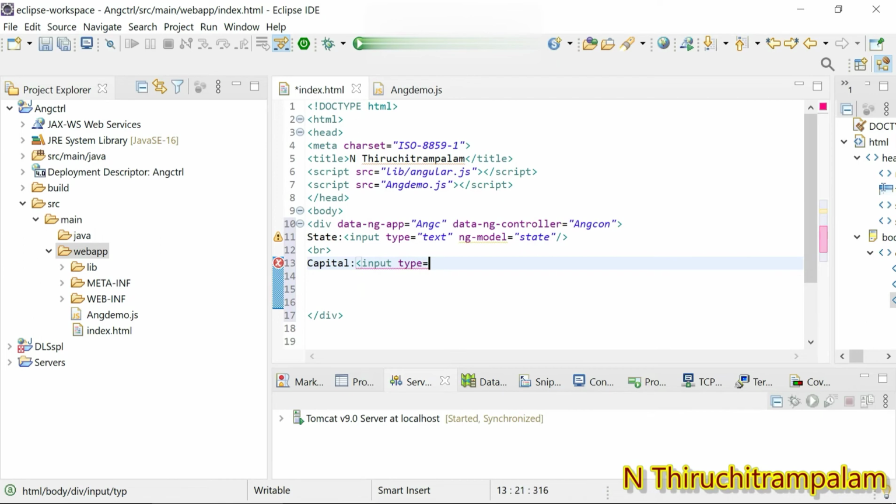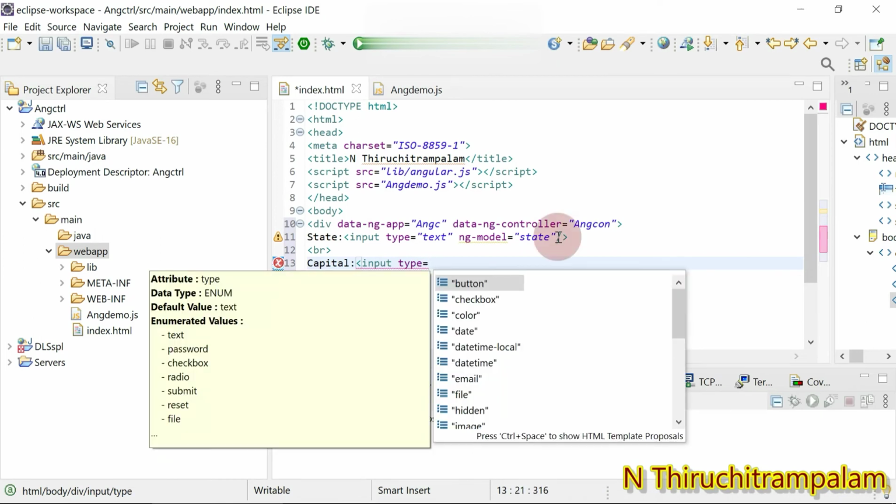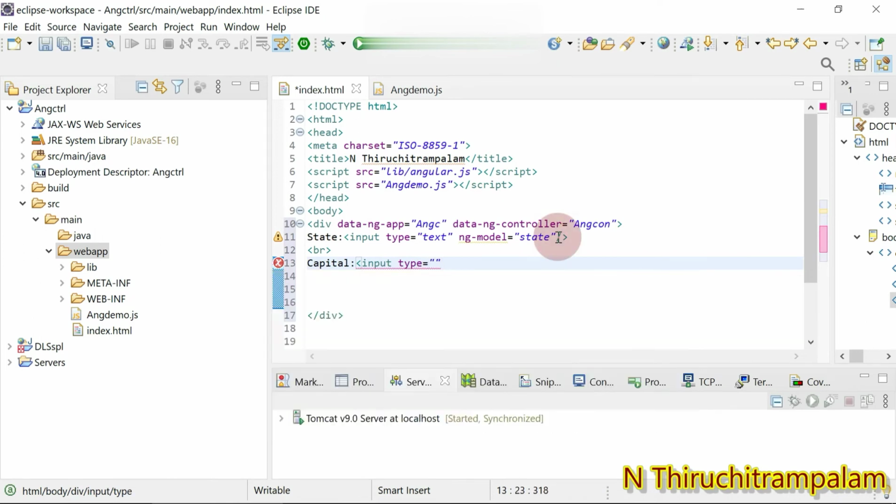Here, type equal, the type is text. Okay, we are creating the text box. ng-model equal, here we give the state.